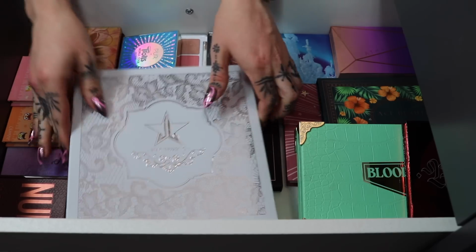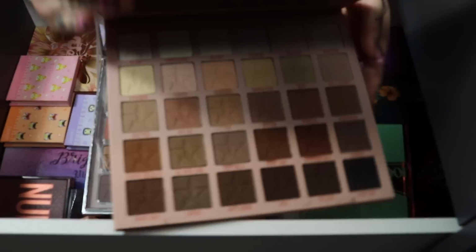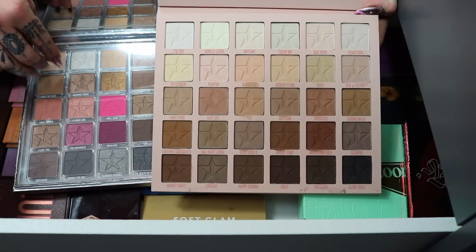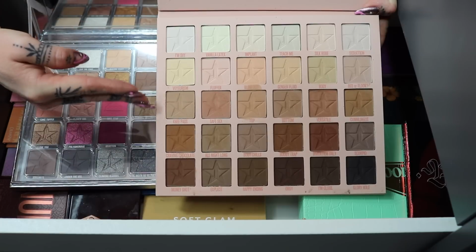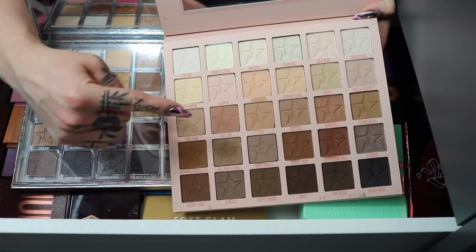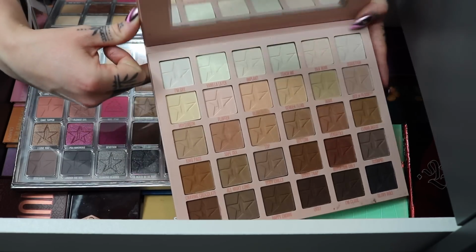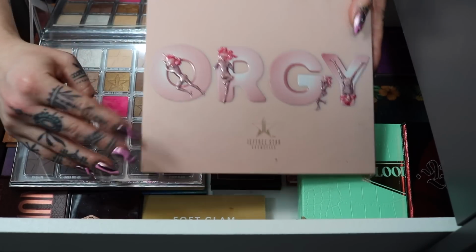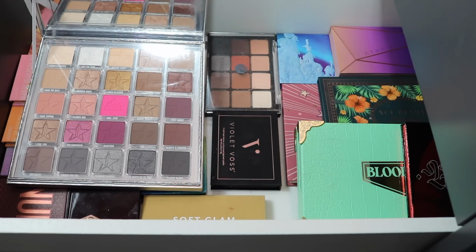I feel like I could potentially get rid of maybe the Schmorgy palette because the Star Wedding one has some neutrals. Not a lot, where, you know, this one does, but the large palette of this one, that was my first impression of it when I got it too, was like, this is just too much for the everyday person. It's definitely more something for someone who is a little bit more on a professional level. So I feel like maybe I could get rid of the Schmorgy, replace it with that one,